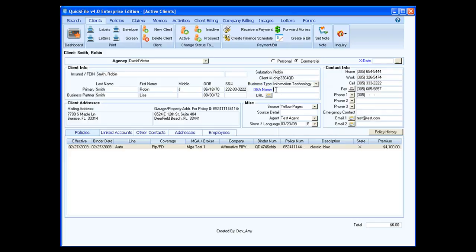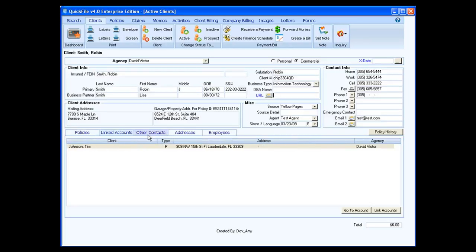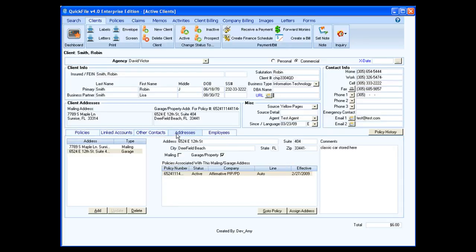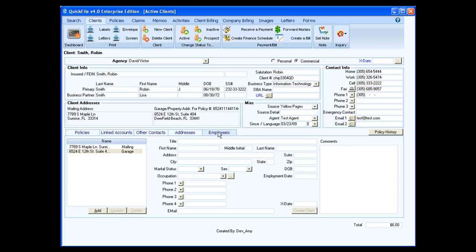Here's where you can put in a DBA name, if there happens to be a DBA. Here's where you can put in this company's website. Again, all the phone numbers, also email addresses over here. Here's where you put in the primary person. You can put in the business partner if you need to. It has the same for addresses and has the same for miscellaneous. Underneath here, it's the same for policies, linked accounts, other contacts, addresses, but now instead of employers, we have employees,